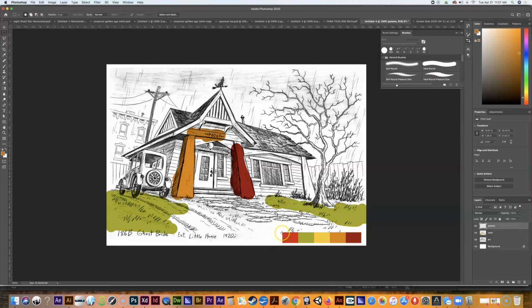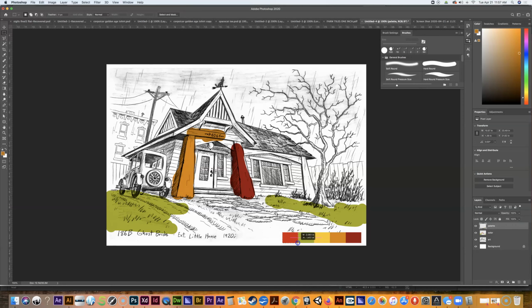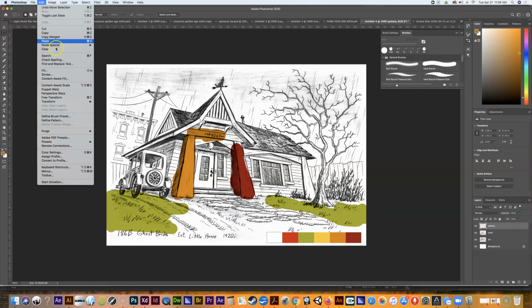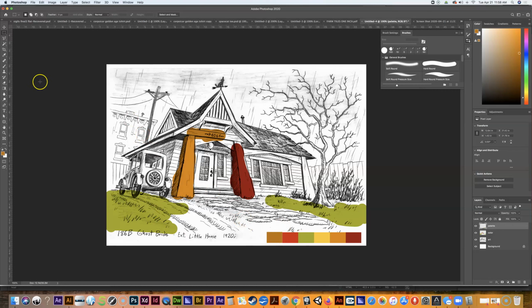I could go to my palette, and I'm just kind of faking this. I'm just using my selection tool to drag out a rectangle that's about the same size as that, putting it over here, and then just doing edit fill. It's going to fill it with the foreground color. And now there's my darker orange, right? And so I could then say, okay, yeah, that's what I want to use. So I could go in and delete all this other junk that I put in here